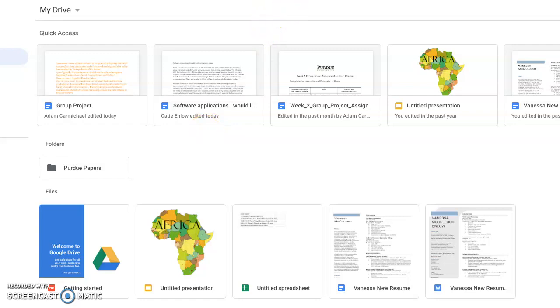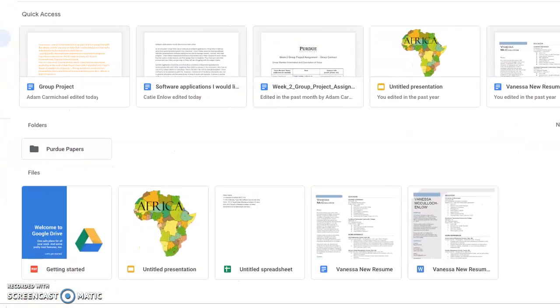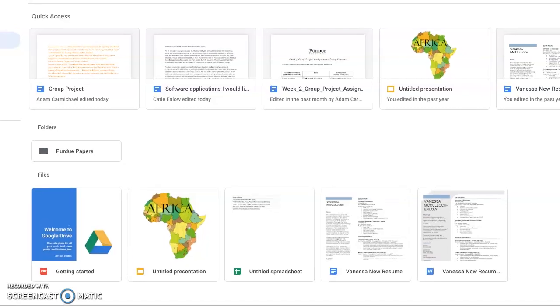All right, this is my Google Drive on my account at school. I actually have more than one. I used Google Drive quite extensively at Ole Miss for us to set up and share things. You can see here are some files I already have in here, like my resume, a PowerPoint I did about